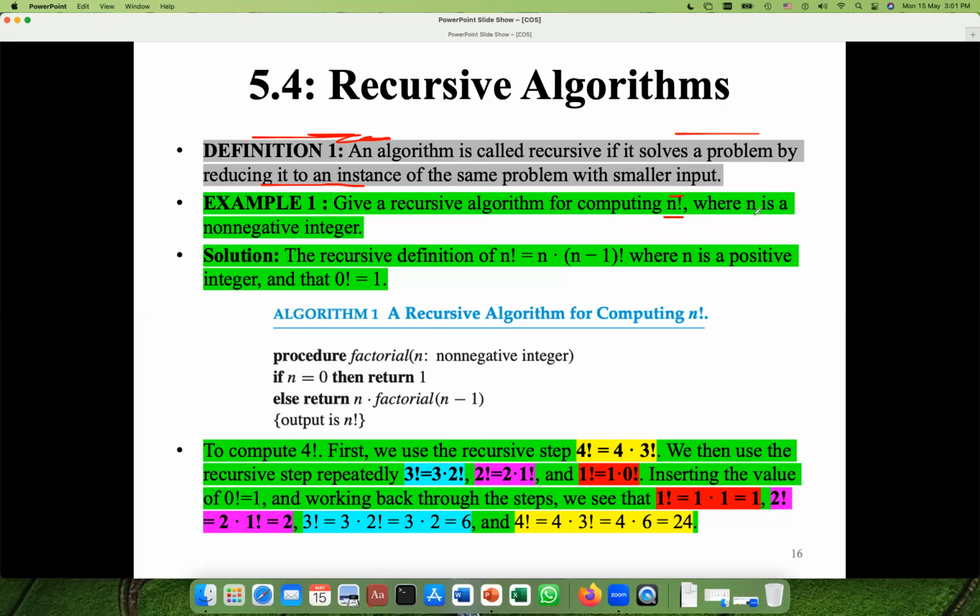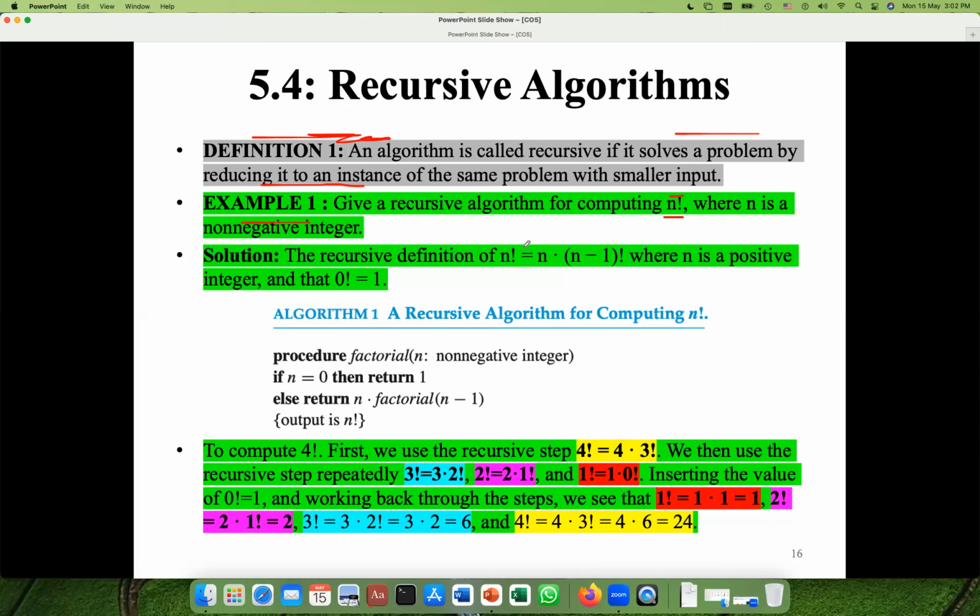And what is this n? N is a positive integer. So you have to design some kind of an algorithm. Algorithm is something for computer science people. Algorithm is something which is very much close to your programs because it is a serial code. So anyhow,